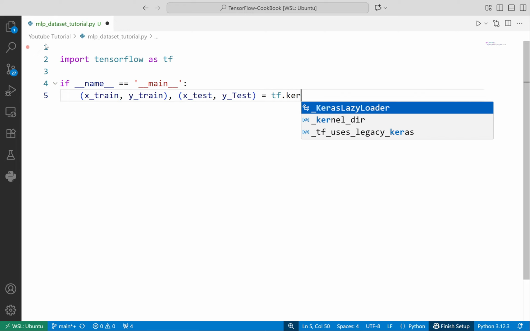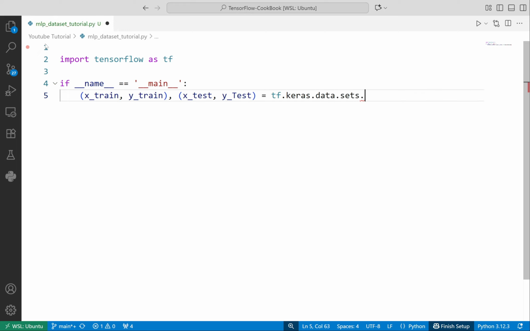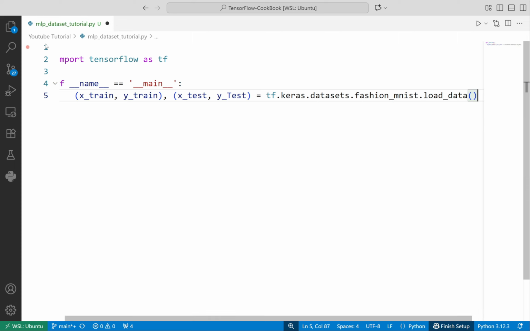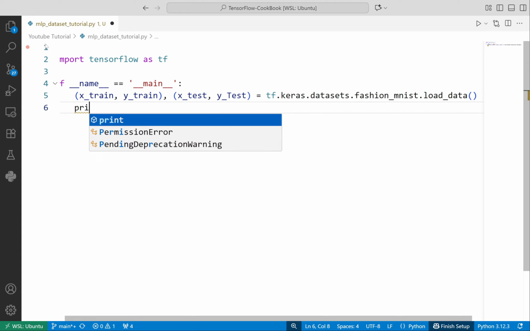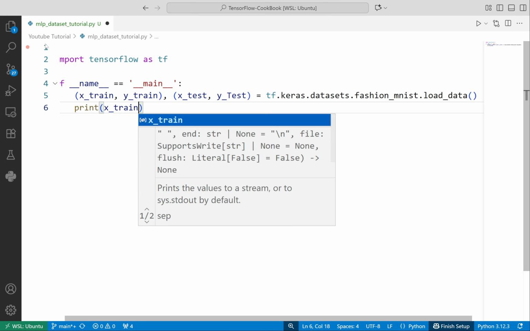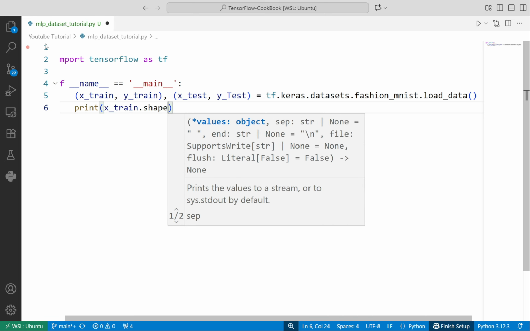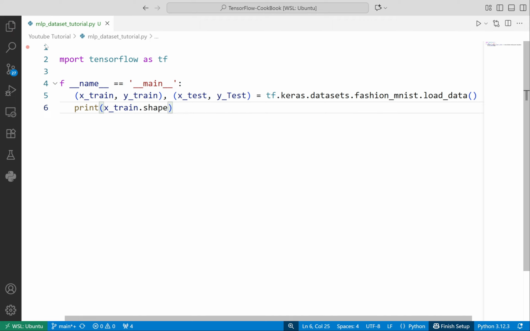So tf.keras, if you remember, how do we load the dataset? It's datasets.fashion_mnist.load_data. So tf.keras.datasets.fashion_mnist.load_data. Okay, let's first print something to see if we got that right.